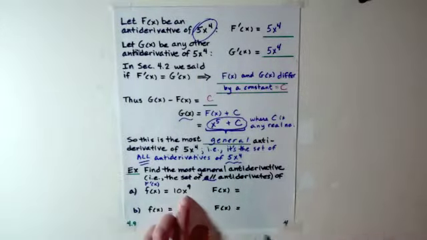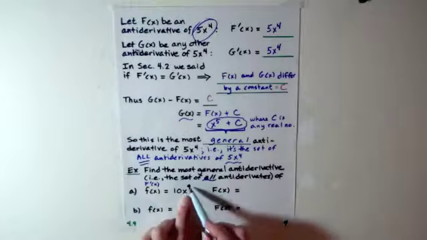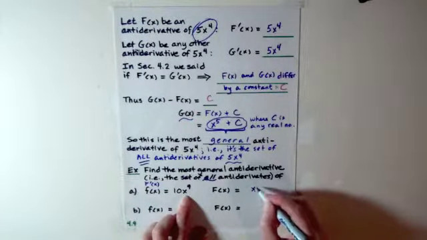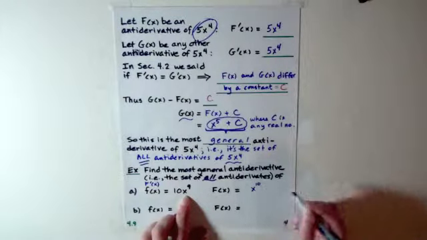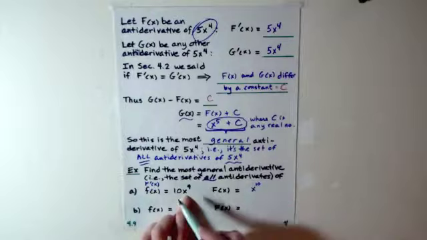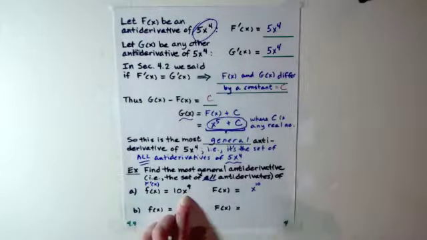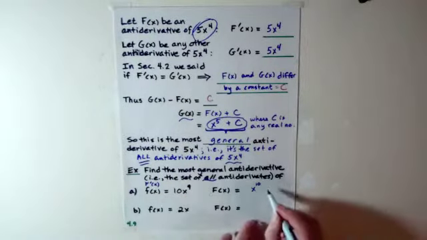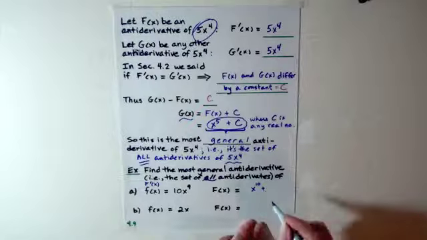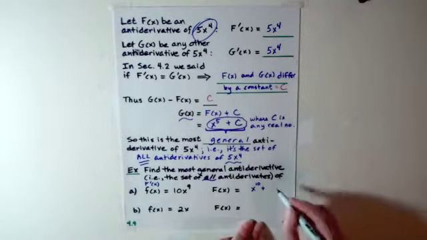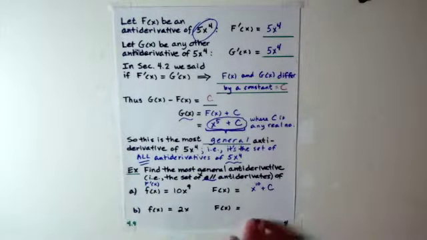Well, in order to get a derivative that has an x to the ninth power, I would need an x to the 10th power. And will that work? When I take the derivative of x to the 10th, I would get 10x to the 9 by the power rule for derivatives. But in this case, I'm asked to find the set of all possible antiderivatives. So I could add on any number. I could add on 7, I could add on 1,000, I could add on any constant. And so we just write down plus c,